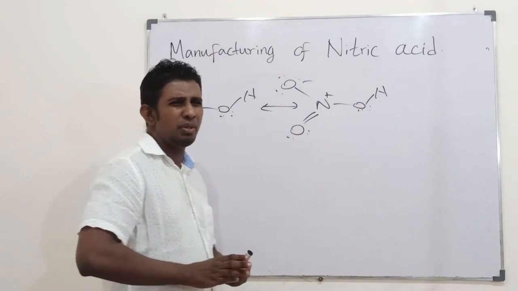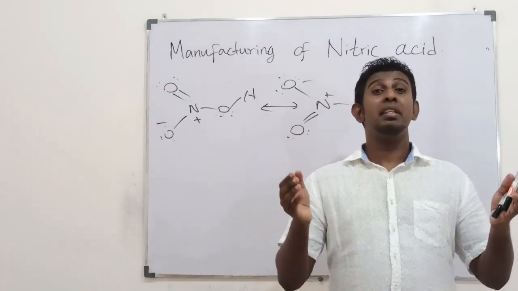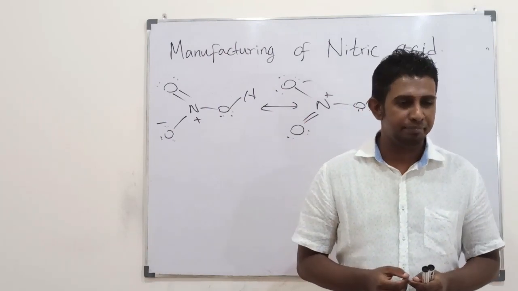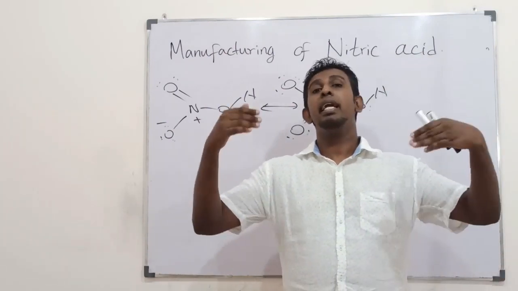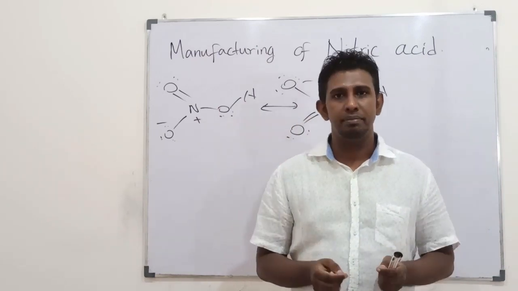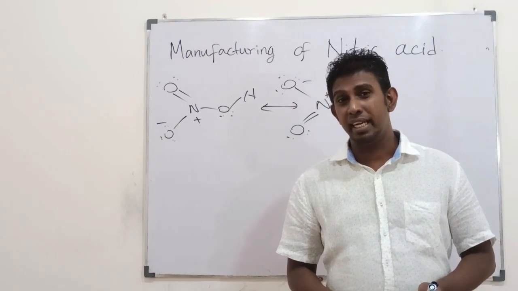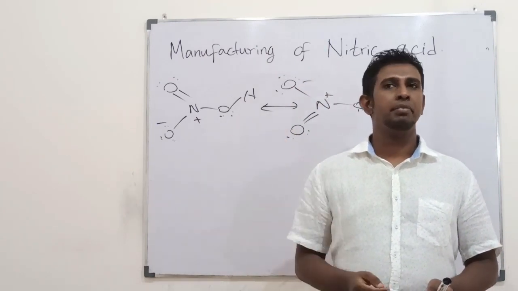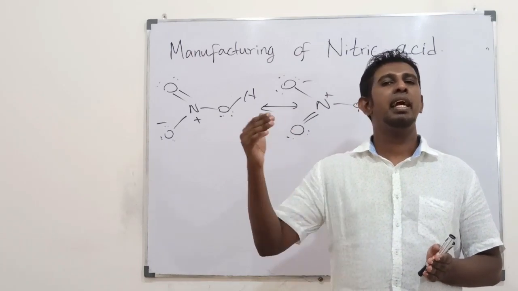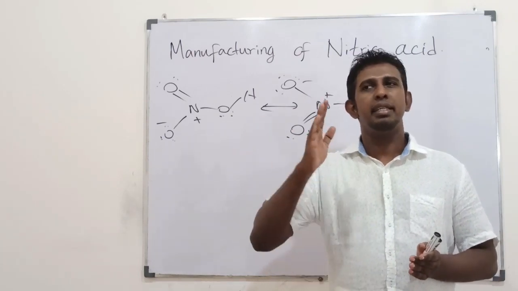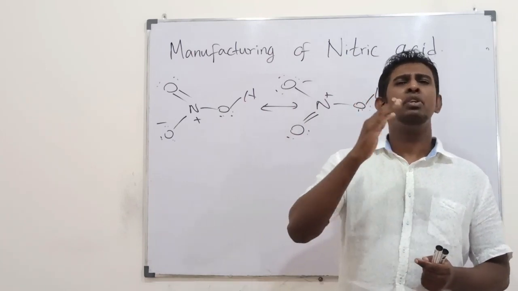Okay. Then students, nitric acid is a mineral acid with high corrosive properties. It's a strong monobasic acid. At room temperature, it's a volatile liquid. Its boiling point is around 83 degrees centigrade for pure nitric acid. But for a nitric acid water mixture, when it is concentrated nitric acid, let's say 68% nitric acid, it has a boiling point of 121